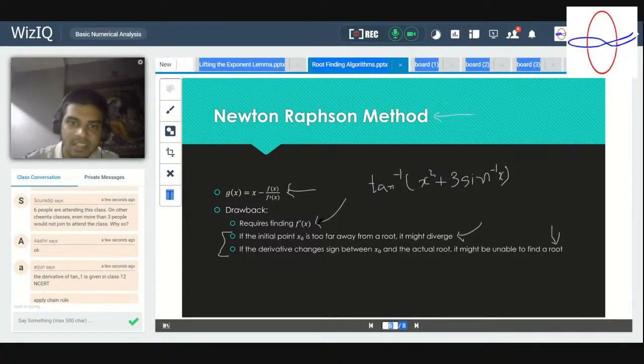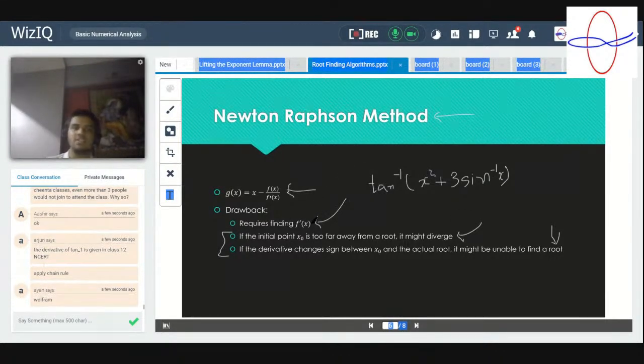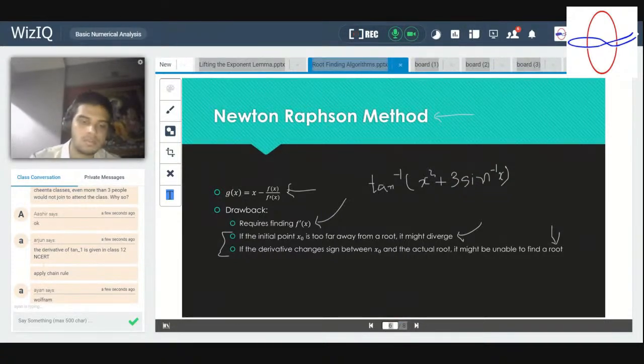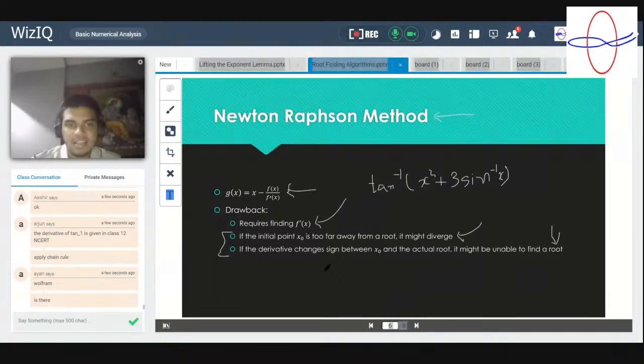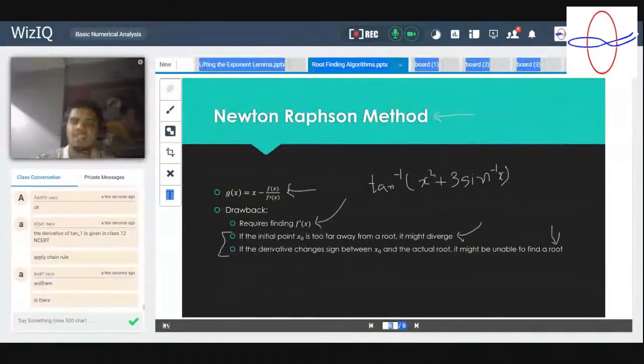And to be able to find f dash also to the accuracy that you need is another challenge. And Wolfram generally works, but again, it's not foolproof, definitely, and this adds a layer of